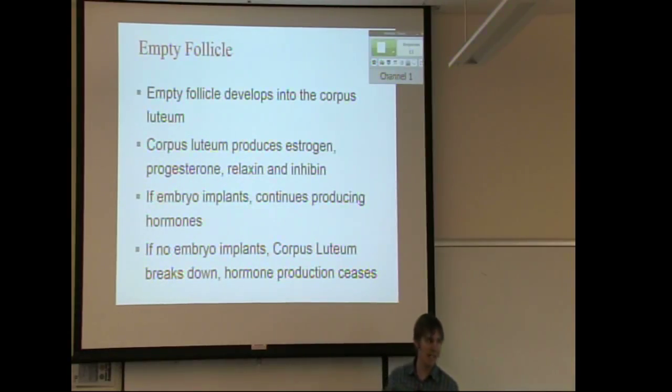And if the embryo does implant, it actually produces a hormone, we'll talk about in a little bit, that tells the corpus luteum to keep making estrogen and progesterone. Because otherwise, your estrogen drops, menstruation, no baby. So you've got to tell the ovary, hey, something's in there. Keep making these hormones so we keep that uterine wall thick and full of blood and everything to support it. But if nothing happens, if it's not fertilized or if it doesn't implant for some reason, it just breaks down and you stop making all those hormones.